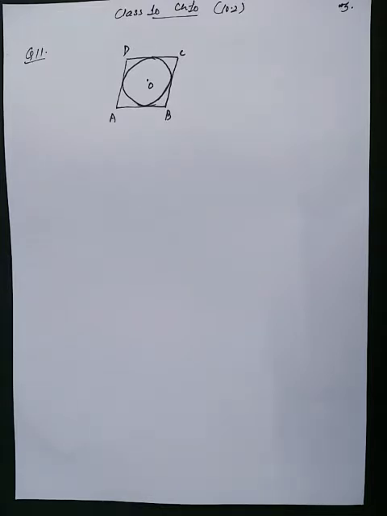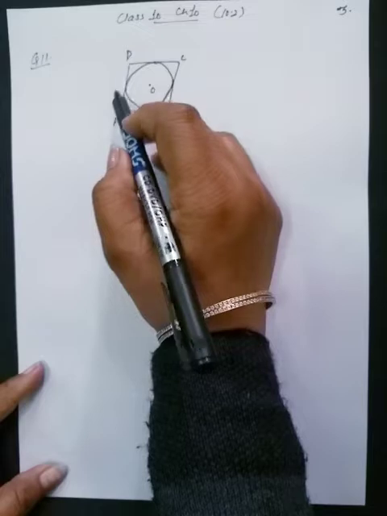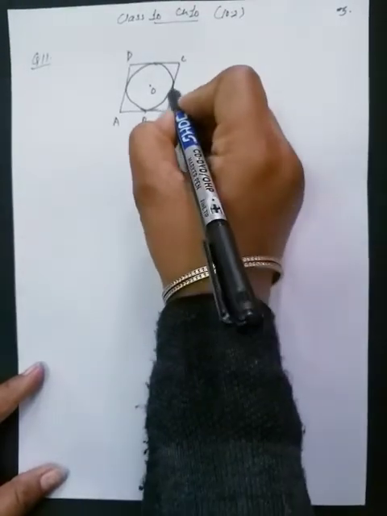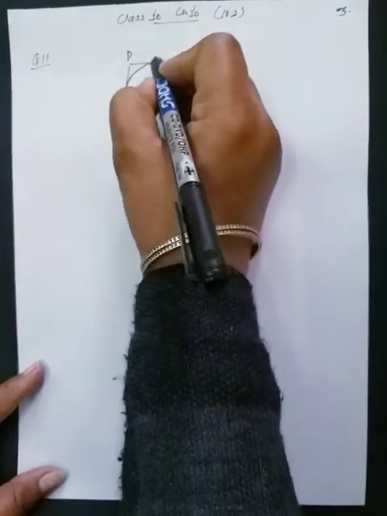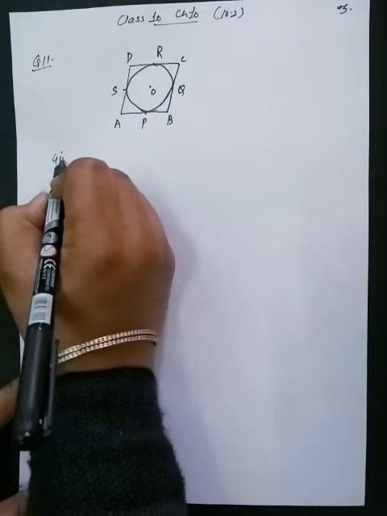Question number 11. Prove that the parallelogram circumscribing a circle is a rhombus. So in the figure ABCD is a parallelogram and it is circumscribing a circle, and it touches the circle at points P, Q, R and S, and ABCD is a parallelogram. So given